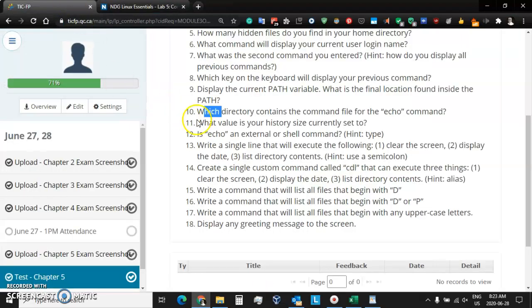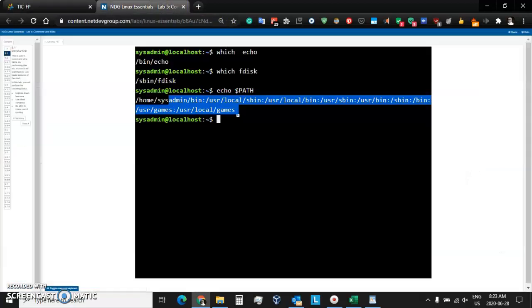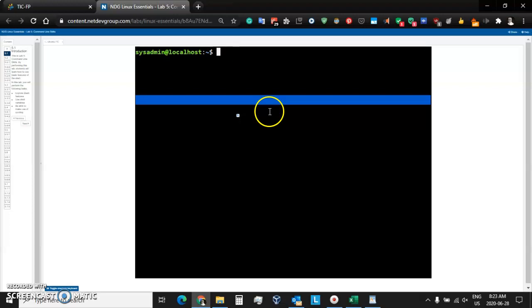Let's continue. We are now on to question 10. What directory contains the, we did that one. And then question 11, what value is your history size set to? Well, let's take a look. History size is how many previous commands Linux is going to remember. How big is the history going to be? Well, we just echo out the variable for